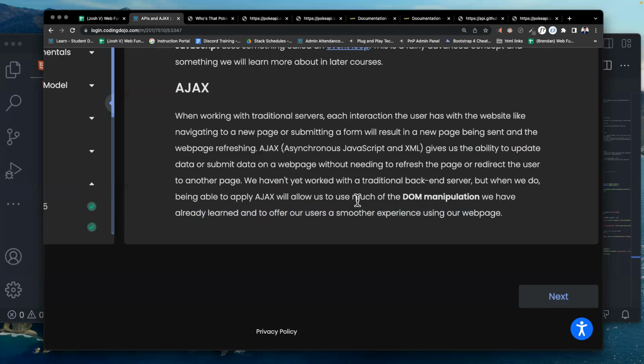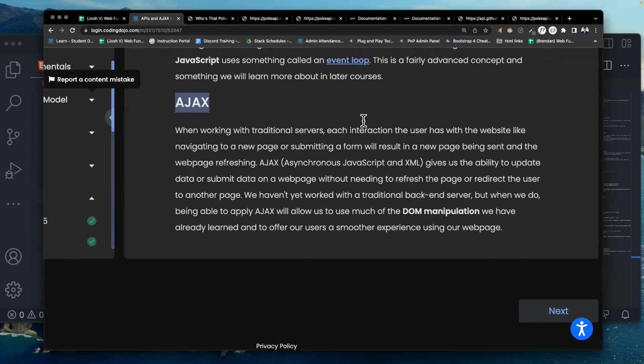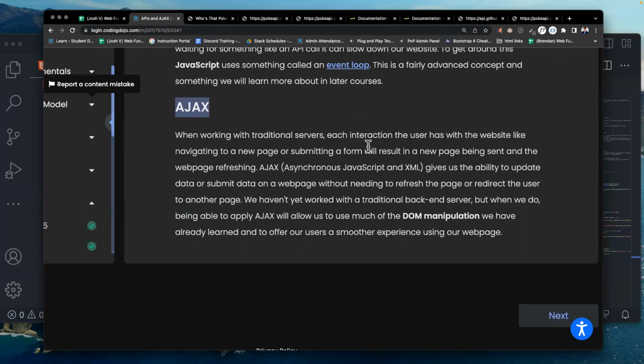So when there's an update to the API, we want to see like an instant update on our web page that's hosting that API call, that API data. So instead of having to refresh, then they would just update automatically. So this is what this is. You guys won't, like I said, apply this until you make a back-end server. But once you do, you'll know what we're talking about here, AJAX. But this is much related to APIs because it's foreign data information that we're incorporating.